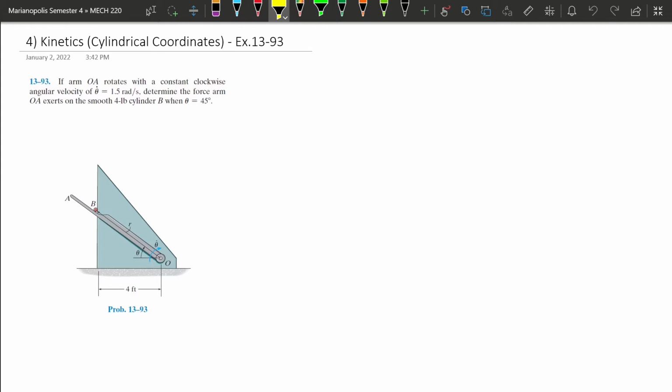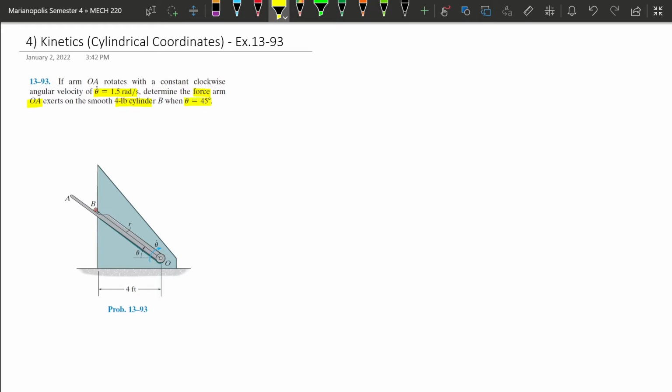Today we'll be doing another kinetics problem, but this time it'll be in cylindrical coordinates. So let's get started. If the arm OA rotates with a constant clockwise angular velocity of theta dot equal to 1.5 radians per second, determine the force arm OA exerts on the smooth 4-pound cylinder B when theta equals